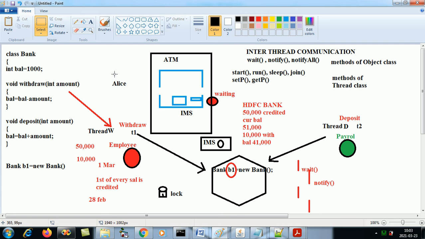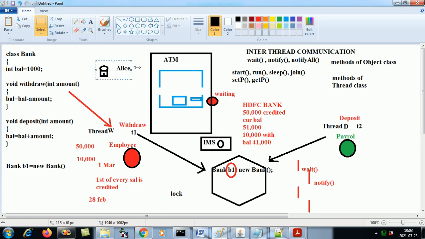Now when Alice enters again, she will lock it. The IMS person has gone out, Alice has come in, she will lock it again, and then she will access the ATM. Once she is done, she will go out and release the lock.